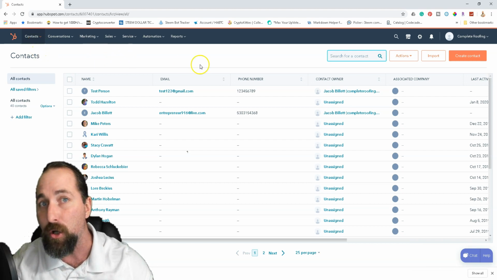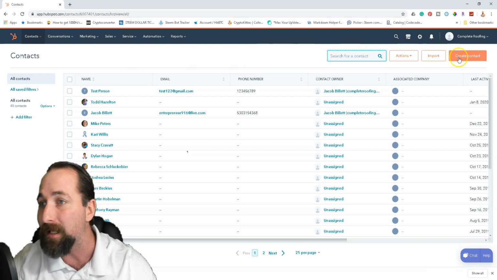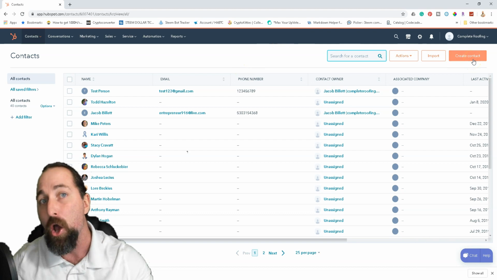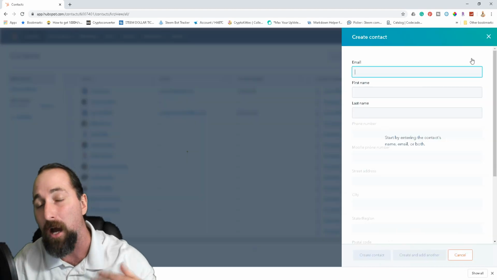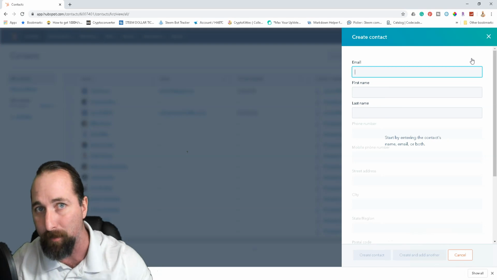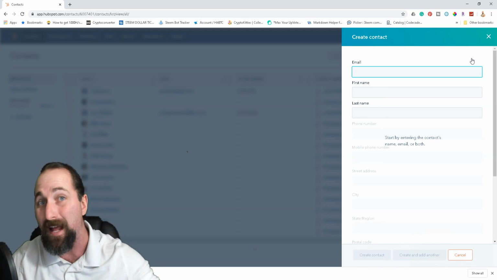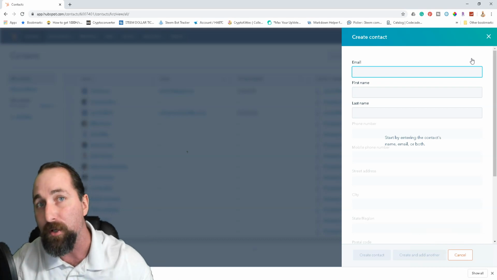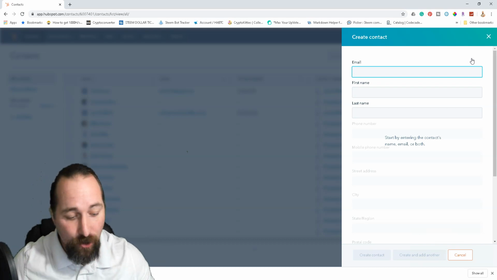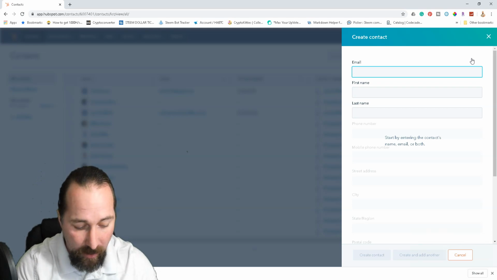So you're going to go to your contacts page and click on the create contact button on the right-hand side. You're going to select that. It's going to populate. Now, each individual employer is going to be a little bit different. Some employers are going to have mandatory fields that you have to fill in to successfully create this contact. So we're going to go ahead and enter in